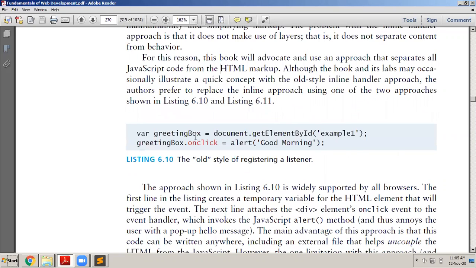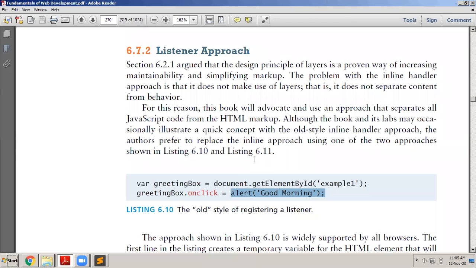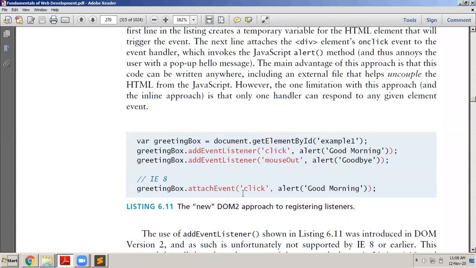Listener approach is, what you do is you first access a particular element and then you register a listener to it. What is the meaning of document.getElementById, for example? Now this is a div tag, and its reference is put into greeting box. Greeting box dot onclick, this is the listener. When this greeting box is clicked, then do this. So you can write some JavaScript over there. When the greeting box div tag is clicked, it should execute this JavaScript. This is called registering a listener. For a particular event, if you want to register a listener, this is what you do. Okay, we will take an example and try to understand that.